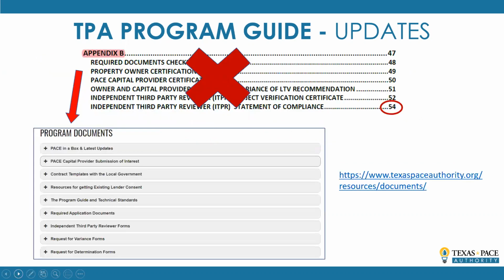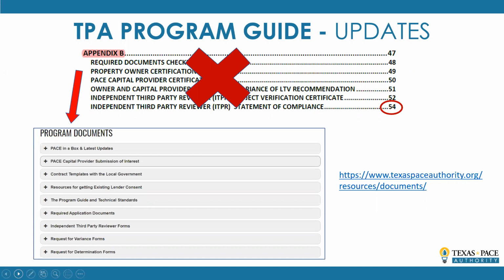And then we also had an Appendix B where we had a number of static forms that were listed informationally that were important, but those forms change. And we didn't want to go back in and update the program guide each time there was a tweak to a form. So that section's going away as well. And there will be links in the program guide, you'll see, back to the forms. We'll keep the forms updated, and that's just a better way of doing it.